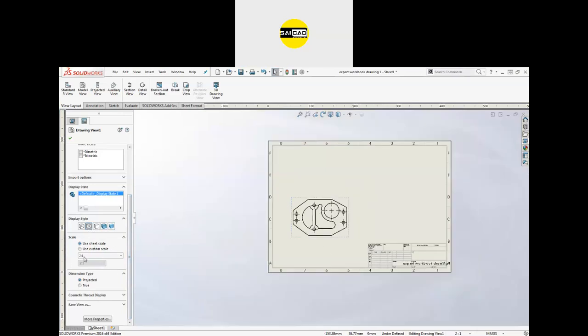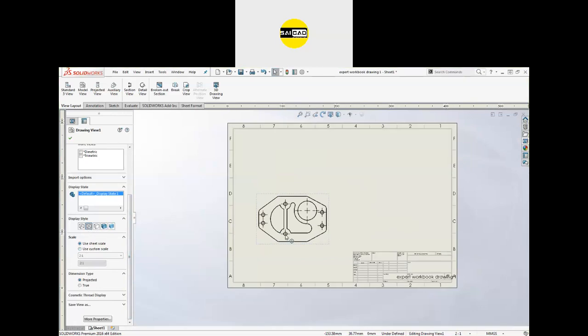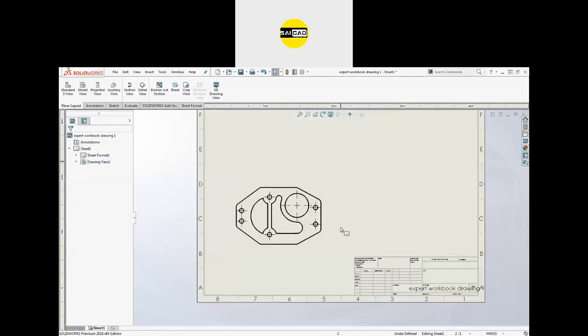Sheet scale is currently 2:1, which means everything will be shown at double the value. You can change that to a custom scale and select the scale according to your need. But I am going to use the sheet scale from here. You can change the sheet scale directly; I will show you later how to choose that. So two settings mainly, the display style and the scale. Just click OK and here is the view.